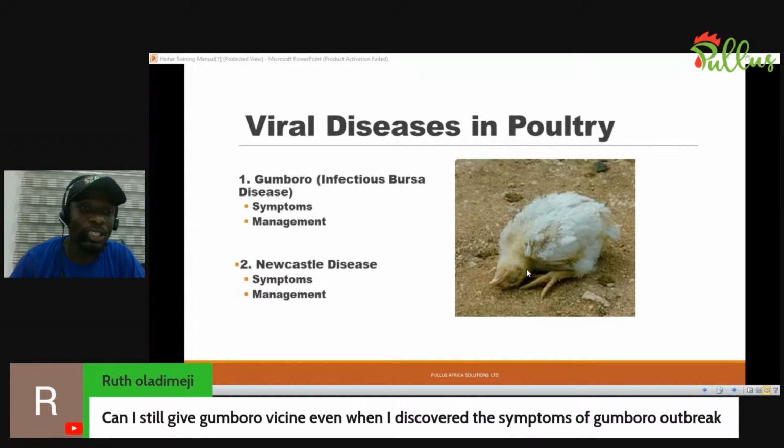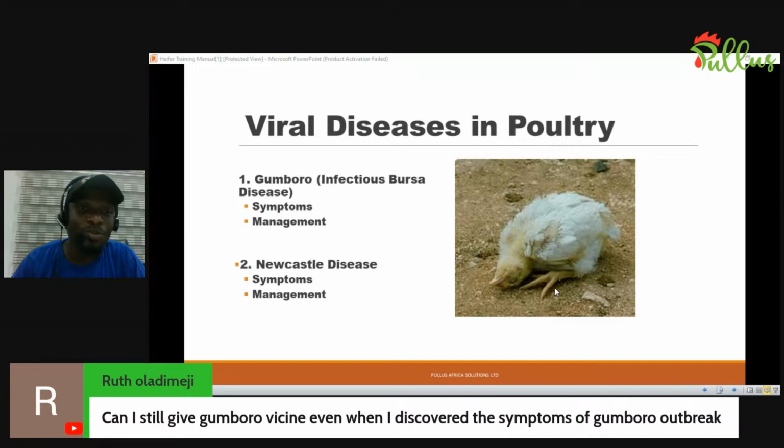You cannot vaccinate at that point in time, because when you vaccinate your birds, there's supposed to be an immune response. So I'm telling you why you should not vaccinate your birds when they are sick. These vaccines are live vaccines. They are the infection itself that you're introducing at a controllable rate to their system, so that their immune system will respond to it, produce antibodies against it, and be able to recognize this problem.